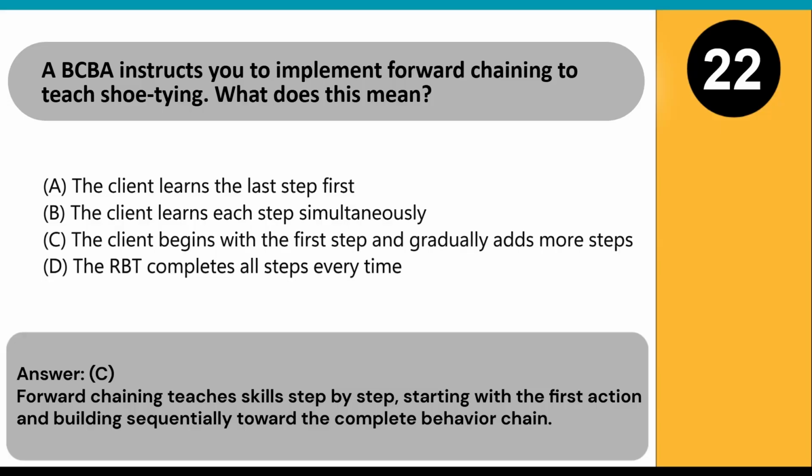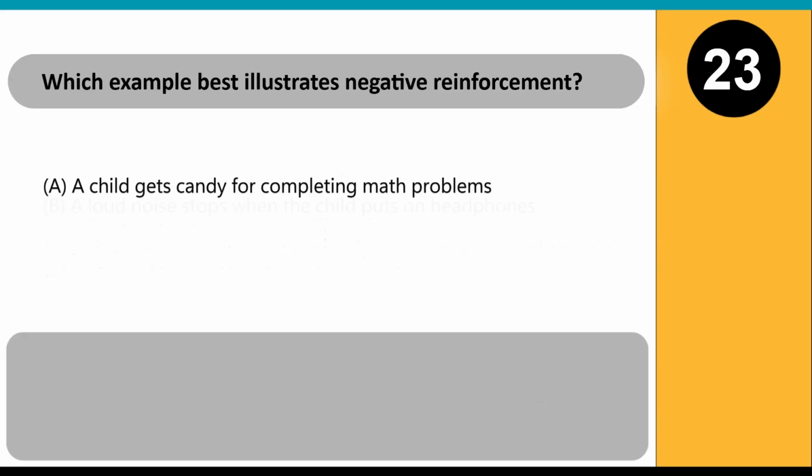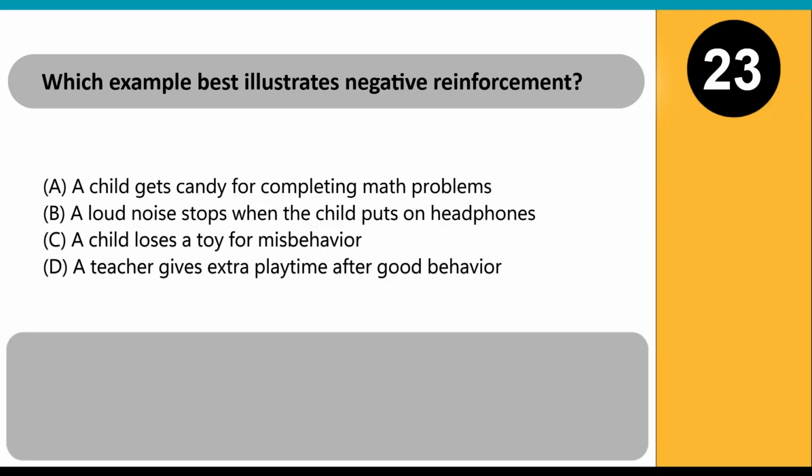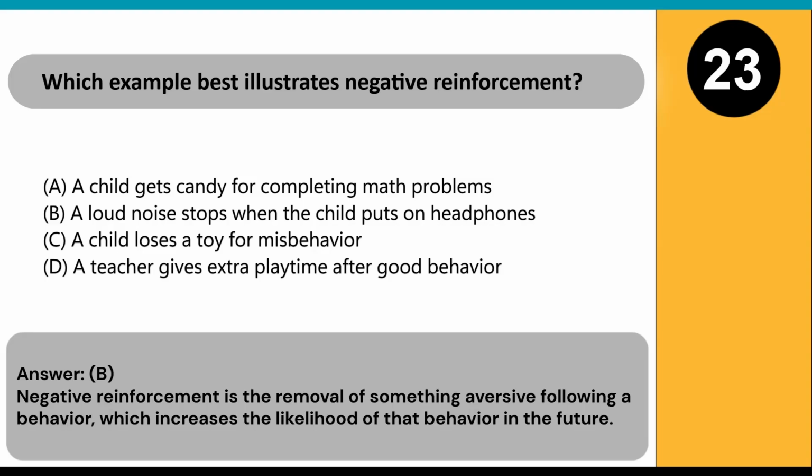behavior chain. Which example best illustrates negative reinforcement? A. A child gets candy for completing math problems. B. A loud noise stops when the child puts on headphones. C. A child loses a toy for misbehavior. D. A teacher gives extra playtime after good behavior. Answer B. Negative reinforcement is the removal of something aversive following a behavior, which increases the likelihood of that behavior